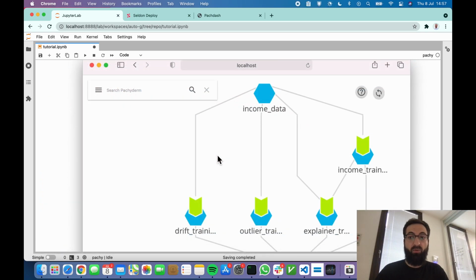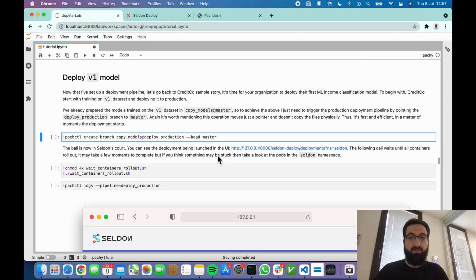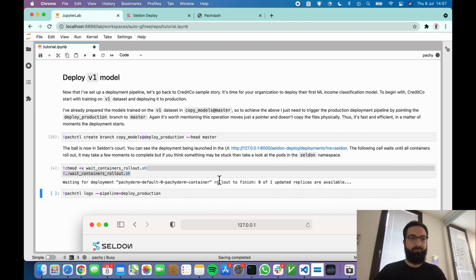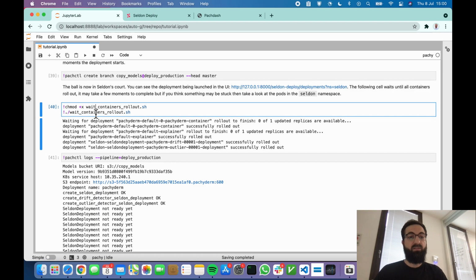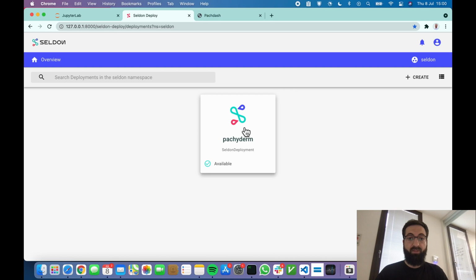Okay, now that all pipelines are ready, Critico wants to go live. To deploy model V1 in production, all I need to do is some branching work. So I move this branch head to master so that it points to the latest model version. Thanks to Pachyderm automation, the new artifacts are going to be created automatically, and Seldon is now launching its pods. Once Seldon pods are ready, we can actually check its user interface and